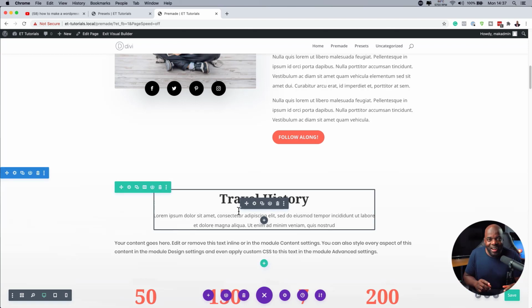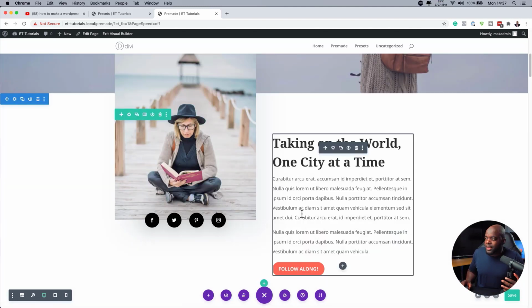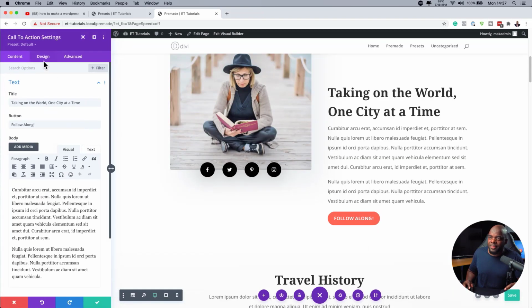Well, you know what? I was puzzled as well when I saw this, but now when you take a look at this and drill in, you're going to realize that, oh, okay, why hasn't this text changed? But if you go in here now and click on the settings, you're going to notice that this is a call to action. So this is not your normal text module. So this will make updates to the text modules, but not the call to action modules or the other type of modules. Now, this to me is a good thing, because this text here